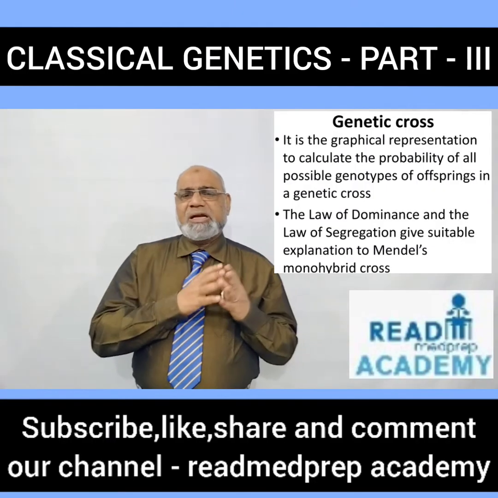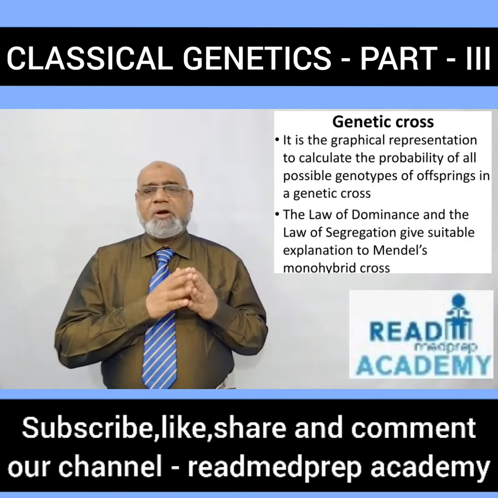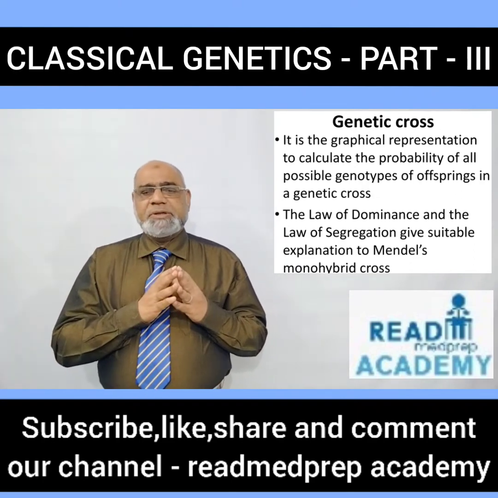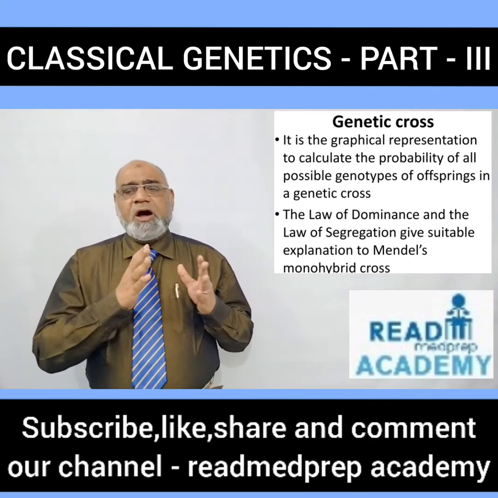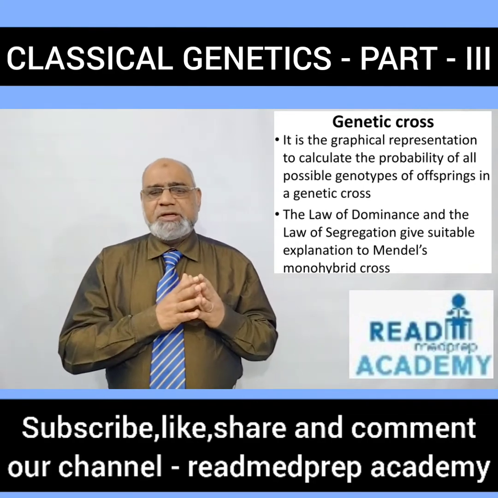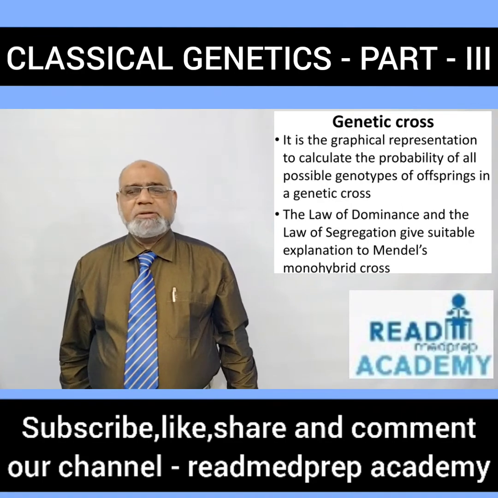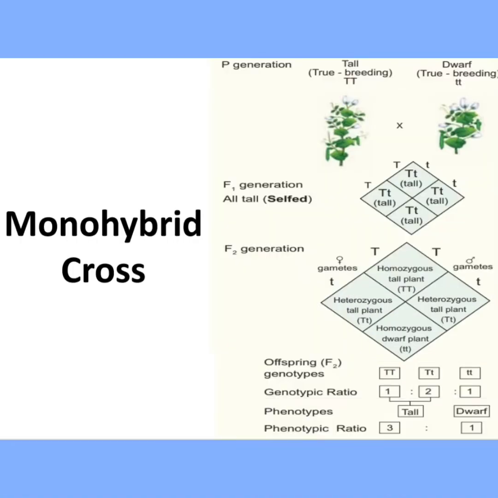It is the graphical representation to calculate the probability of all the offspring and the genotypes in a genetic cross. The law of dominance and the law of segregation give a suitable explanation for Mendel's monohybrid cross. Here you can see the monohybrid cross, where the parent generation is taken as a true breeding line, where the dominant character is tall, represented by capital T, and the dwarf character is taken as small t, which is